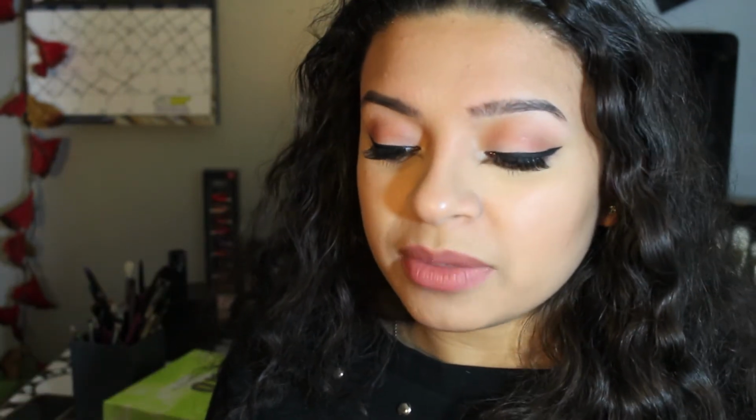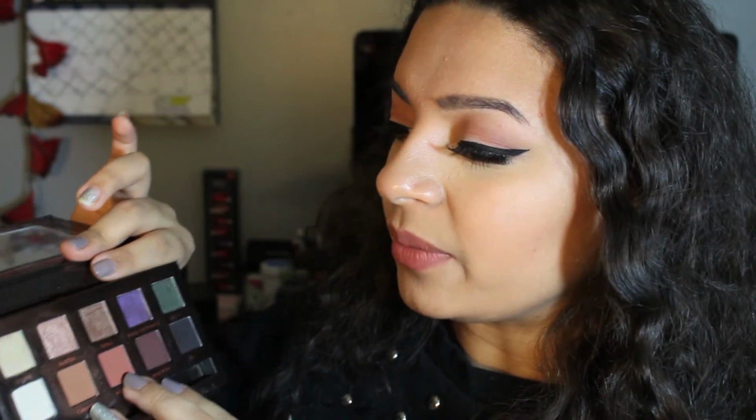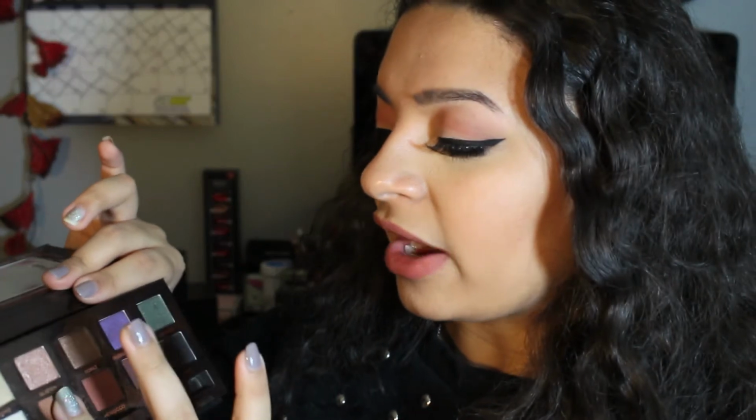The next palette is actually the Anastasia Amrezy palette. You guys, is it Amrezy? You guys have heard me rave and rave about this. I think this was in my favorites about 3 straight months. I just couldn't put this down, and specifically it's really these, I want to say 7 eyeshadows. Well, I've used little black, but it's just a basic black. You can kind of get that anywhere, but Glisten, Topaz, Caramel, Morocco, and Deep Plum are